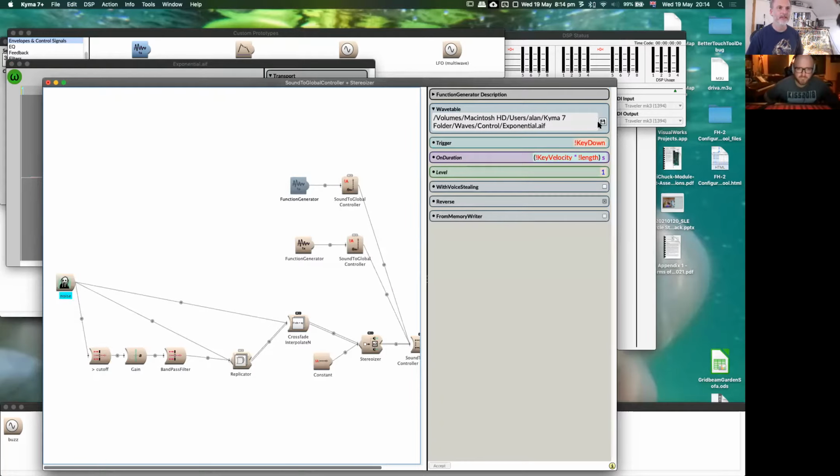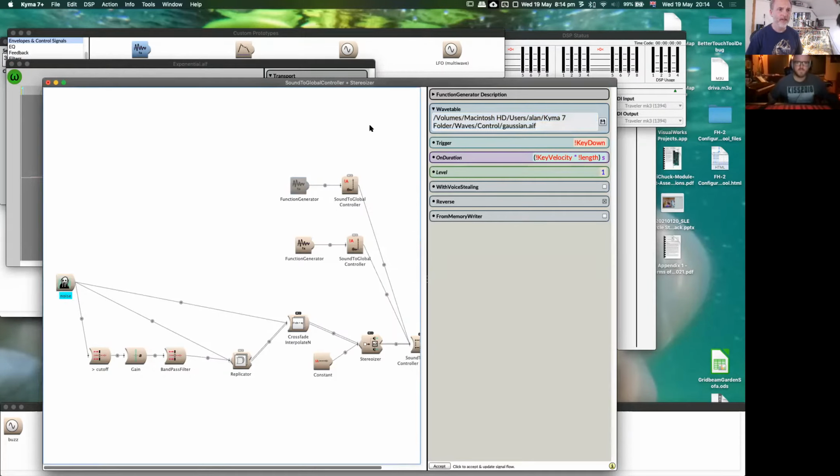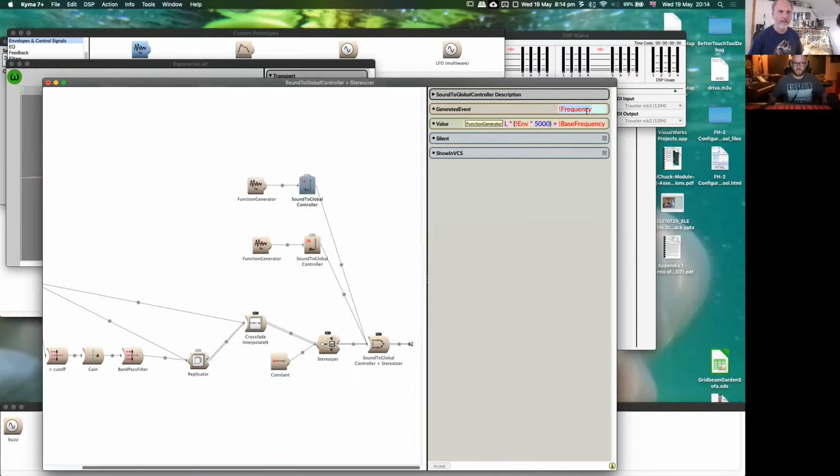So we could just use another waveform, Gaussian or something. So we could have this length times, I don't know, 2. So it's different, but it triggers off the same event, and that will swoosh the, what's the other, detune. Yep. And so we want to not detune depth, was it? I think it's detune. Oh, you're absolutely right. Filled in there.